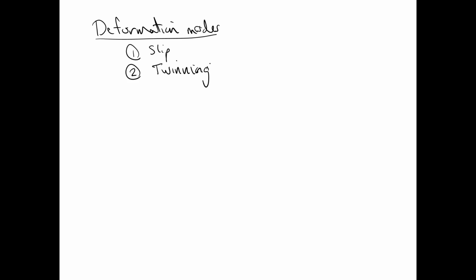And that really becomes important in a couple different circumstances. So, you know, slip is planes of atoms or blocks of material slipping past each other. Twinning is more like a rotation of the lattice. And I'm going to show you some pictures, I think, that do a better job than I can describing this. But it is important